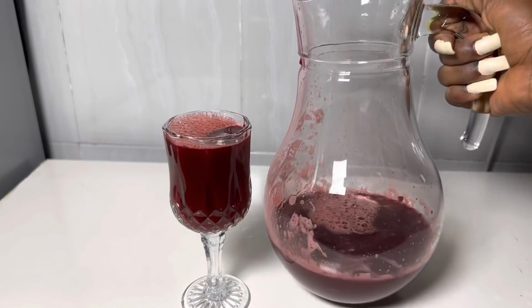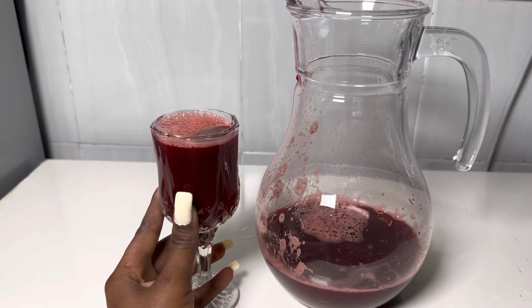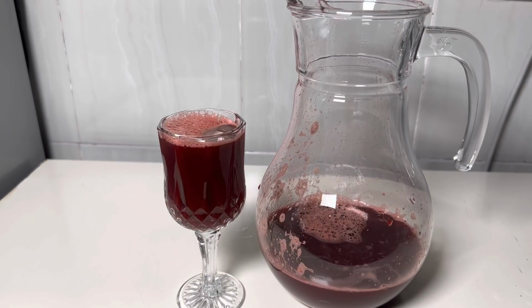tasty. And I'm sure that this smoothie would go a long way in improving your heart health and blood flow